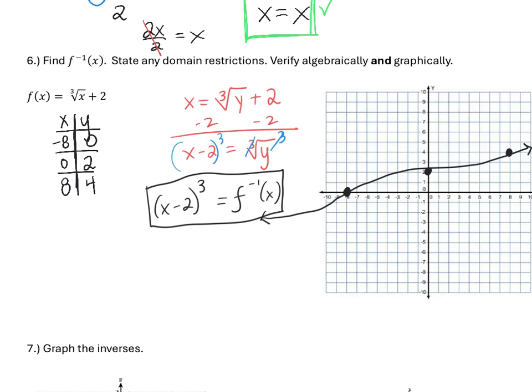Any domain restrictions on this? No. Okay, let's graph the inverse. I'll do it in a different color. Remember, for the inverse, the ordered pairs are reversed. So if we take our y values from our original and plug those in, we should get the exact opposite order as our original. So if we do 0, 2, 4,